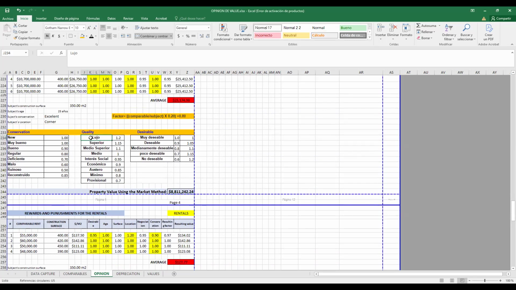For example, the comparable and the subject: the quality of the subject is luxury, and the comparable's is not. You have 1.20 for the subject, and the comparable is economic.